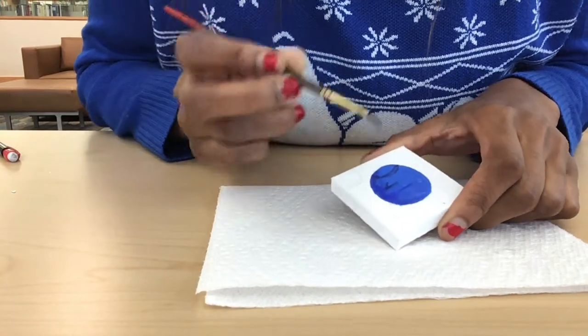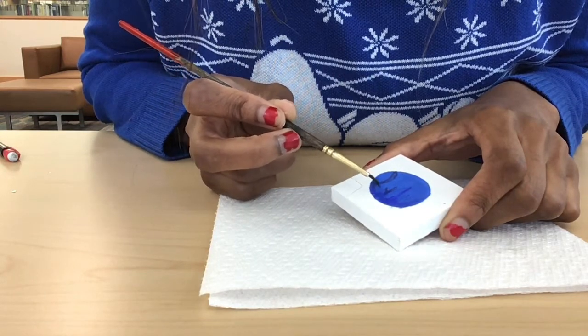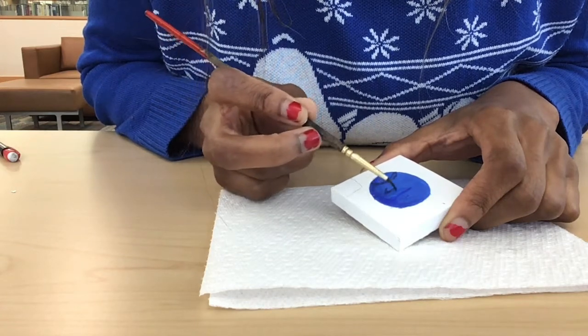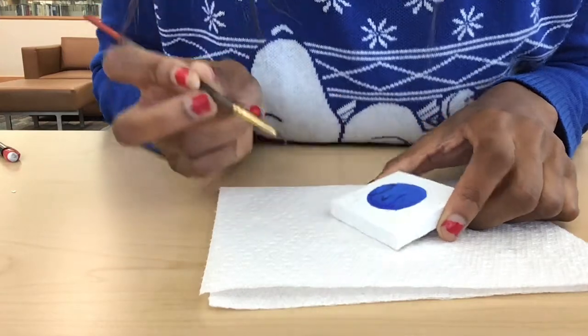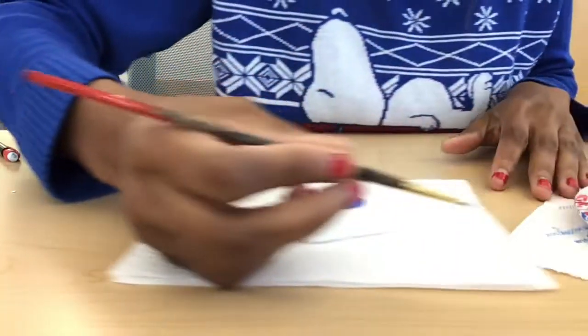And at the very end, you're going to want to take your brush, use the very tip, lightly jag it out so it's not even. You don't want the evenness. You want to have the lines because that'll help with blending. It'll make it look more blended. And what you're going to do,